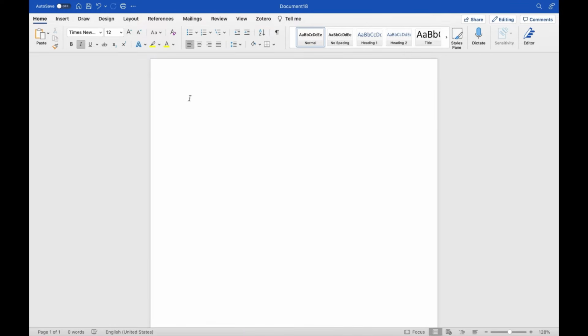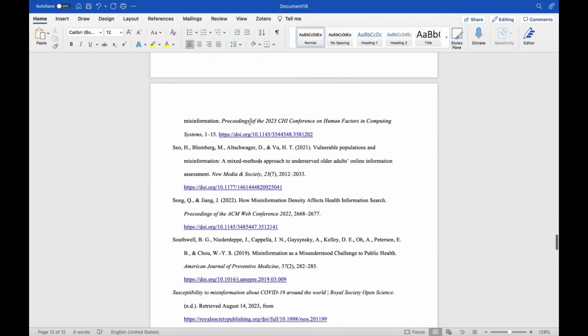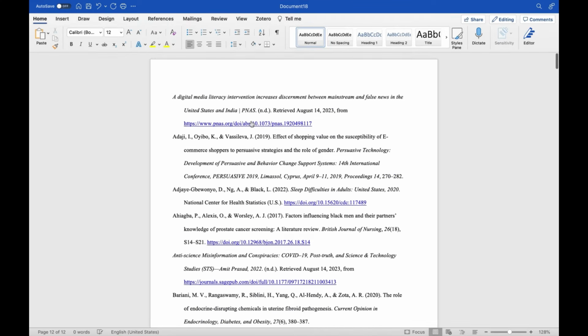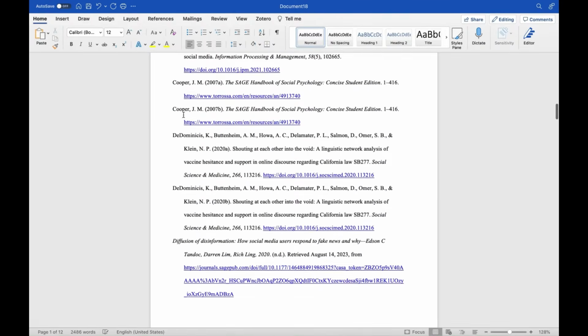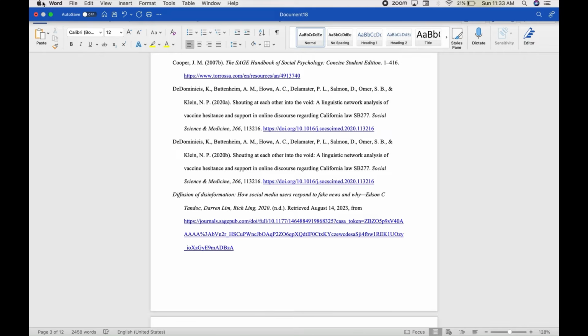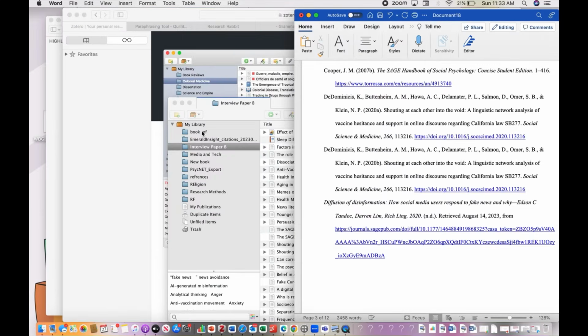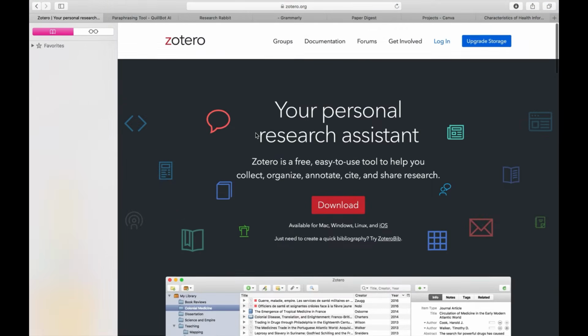So I'm just gonna paste what Zotero created for me. So this is it. Here you have your bibliography from all those articles that you had over there. So it's an easy way to generate a bibliography. And again, as I said, you can have it in your Word document, and it makes life very easy and simple. So yeah, I would encourage you to try using Zotero or any other referencing tool if you're a graduate